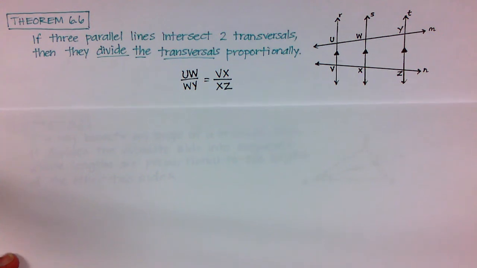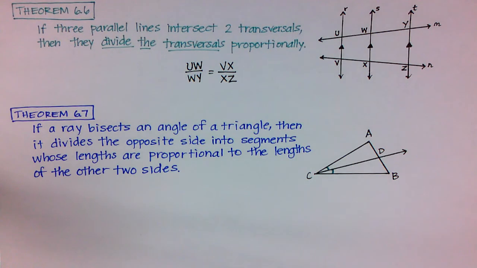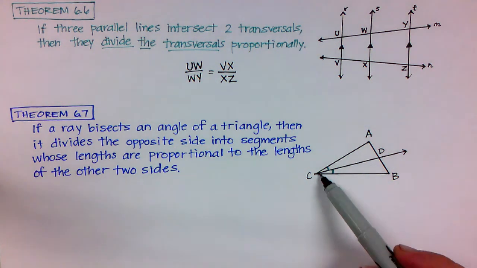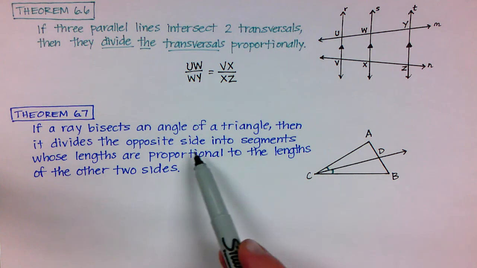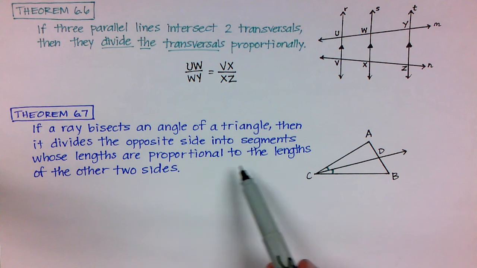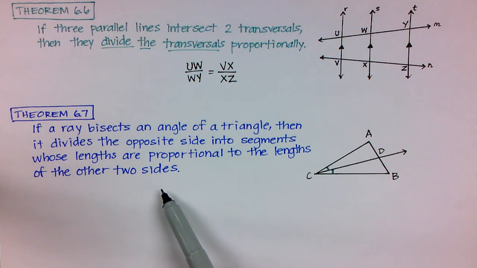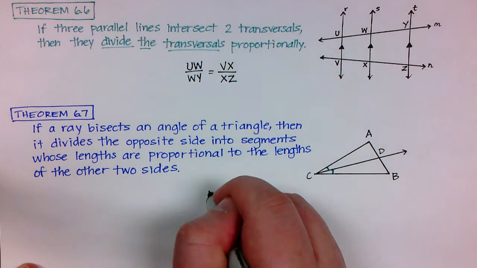Pretty short theorem. Then our other theorem, 6.7, says if a ray bisects an angle of a triangle, okay, so I have this ray coming out and it's bisecting this angle, then it divides the opposite side into segments whose lengths are proportional to the lengths of the other two sides. Okay? So what that's telling me is that AD, this segment right here,